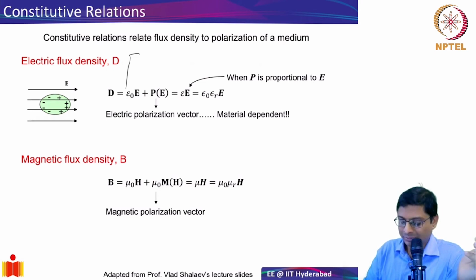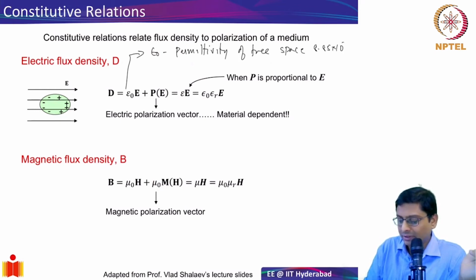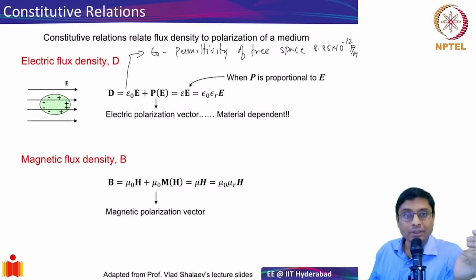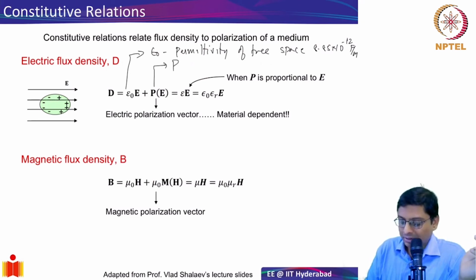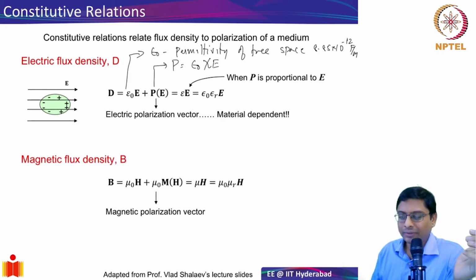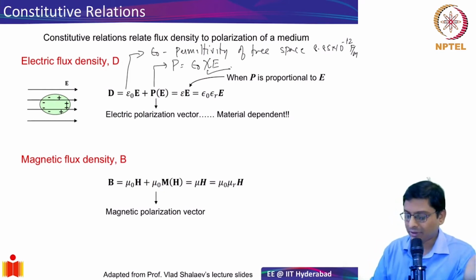We know this from our 12th standard. Epsilon naught is the permittivity of free space, which is about 8.85 into 10 power minus 12 farad per meter, right? And the polarization is proportional to the electric field for now. So the polarization will be given by epsilon naught chi times E, right? So this chi is what we call the susceptibility,